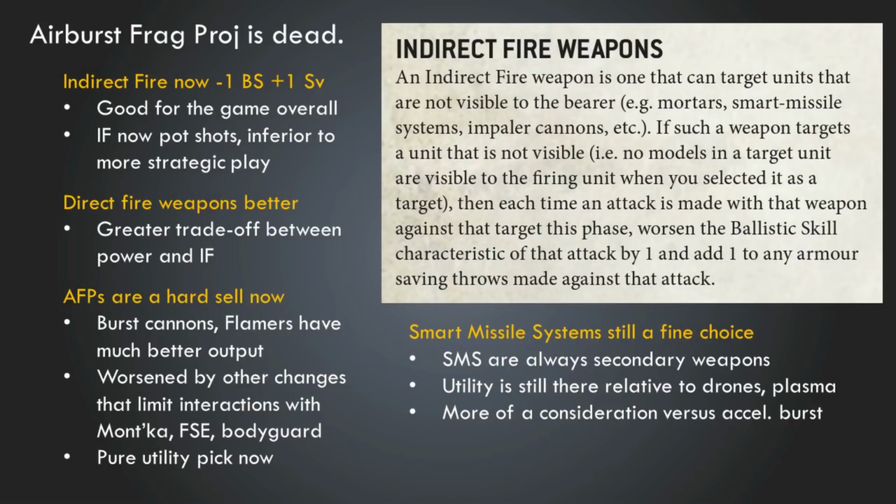AFPs, airburst fragmentation projectors, are just a really hard sell now, I think. That, and they're even worse because of changes that have occurred in other places in this data slate, including changes that we'll talk about with Mont'ka, with the Farsight Enclaves tenet, and then also the Bodyguard ability, right? If we're not having Bodyguards hide places, then it becomes less necessary to have indirect fire weapons, both as a matter of putting indirect fire weapons on your Bodyguards that are hiding, but also having indirect fire weapons to root out those Bodyguards. So, I think that really does put AFPs, airburst fragmentation projectors, in the realm of being a